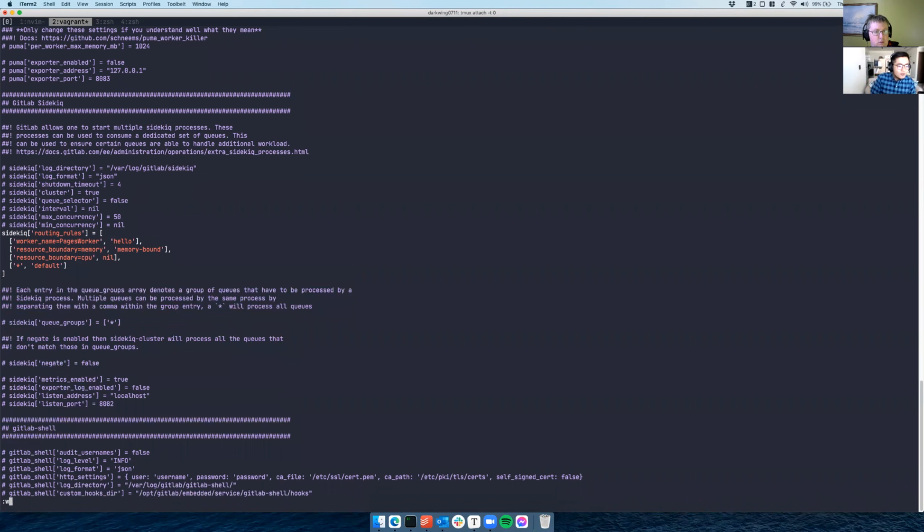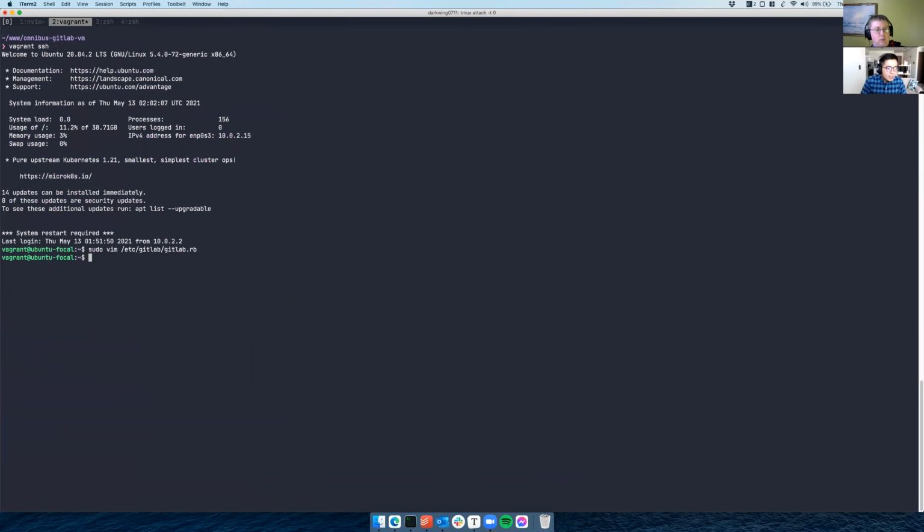Okay. So basically, this rule will route the pages worker into the hello queue, the memory-bound workers into the memory-bound worker queue, and the memory and CPU-bound workers into a queue generated by its name, and then the rest of the workers will be routed into a default queue. And after changing the configurations, I just restart my virtual machine. Actually reinstall, reconfigure GitLab inside my virtual machine. So something like this, reconfigure